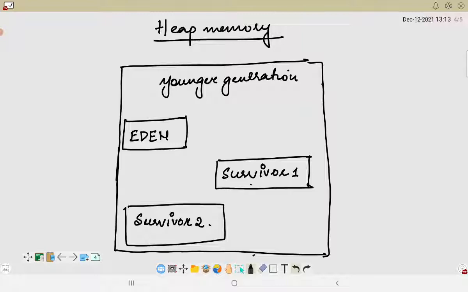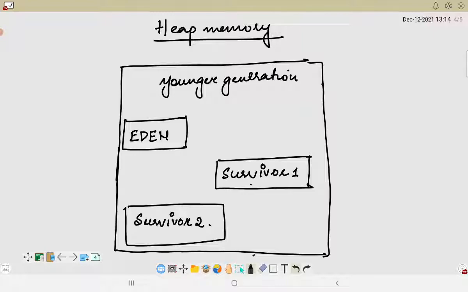The tenured or old generation we will be talking about later, and we also have the permanent generation. All of these comprise the heap memory. As already mentioned a few minutes ago, we also have a metaspace, which is also known as permanent space or permanent generation.